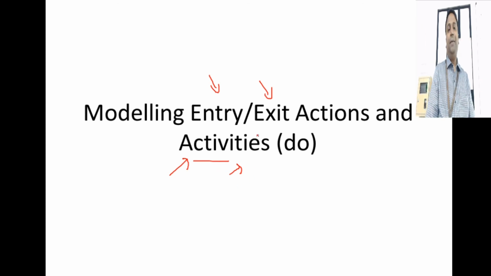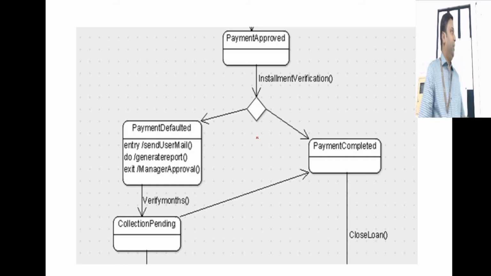What is exit? He was in the payment defaulter state for 3 to 6 months. I am just moving him to the collection. So there will be some approval given by a manager, right? Okay, this guy is really bad, we'll move him to collection. So then the manager will log in, use a method and approve. So that will be an exit criteria. When he moves from this state to that state, there should be a method that's working to actually instigate that exit. So I have given that here, and you see here how you model that.